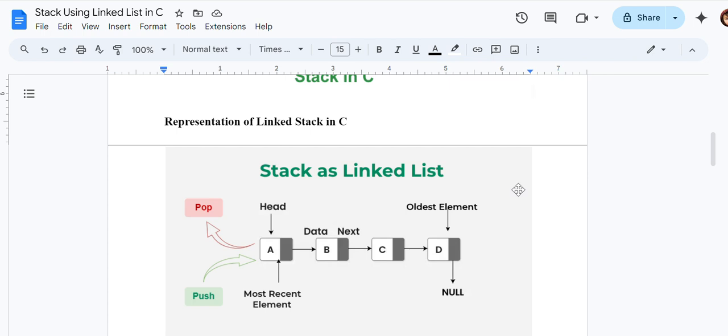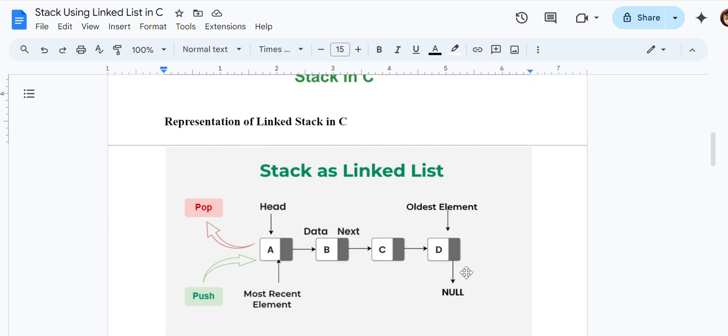But with a linked list, the size occupied will be equal to the number of elements in the stack. There is no need to predefine the stack capacity. It is dynamic memory, so I can add n number of elements with no restrictions. That is the main merit of representing your stack with a linked list.